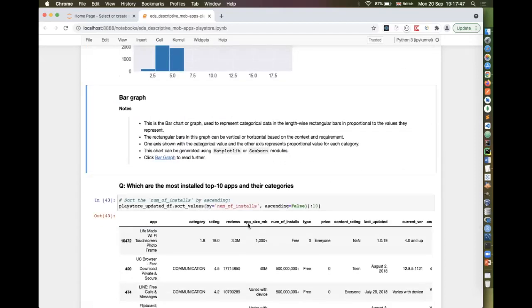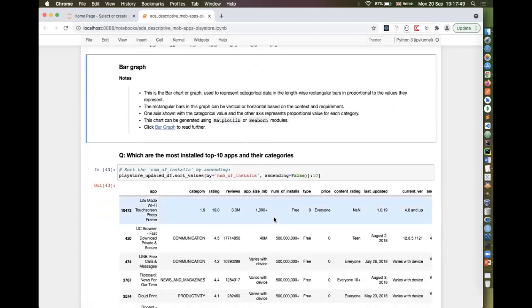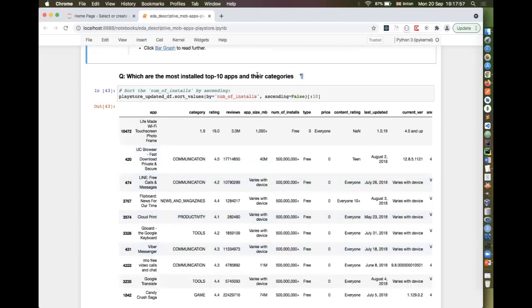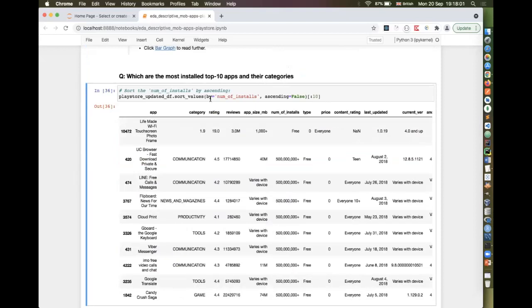Next, bar graph. This is another graph that would help us to visualize the information in graphical format. Next, which are the most installed top 10 apps and their categories. When you perform this, it will provide us data in descending order, which are the most installed top 10 apps.